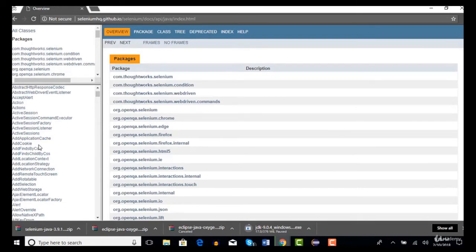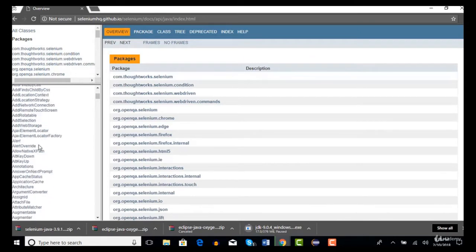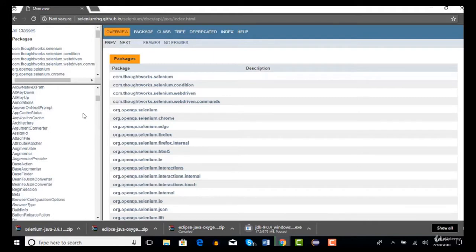A novice user, when he wants to learn something, by seeing this, I'm not sure how those guys are going to learn. That is why most of the people are stepping back because of this complicated way of documenting things. If I were the author of Selenium, I'd make it very, very simple. But do not worry, you are in the right course with the right instructor. I am going to explain each and everything very clearly, even if you do not have any knowledge of coding.